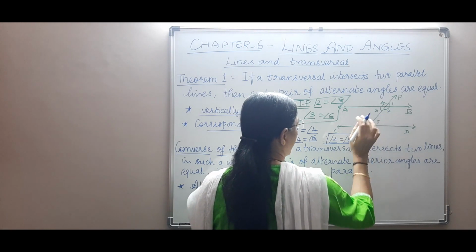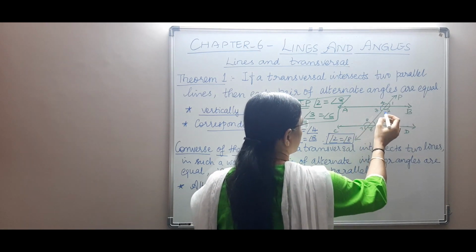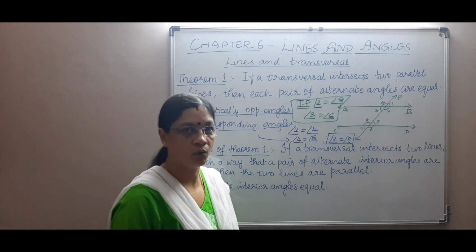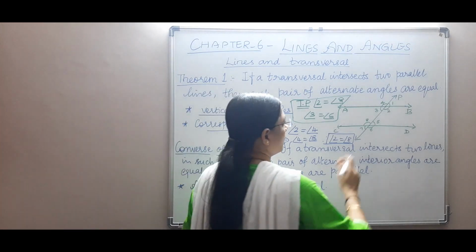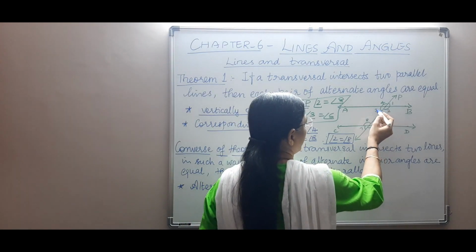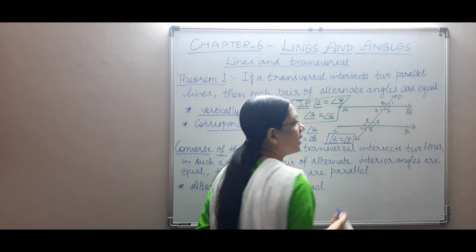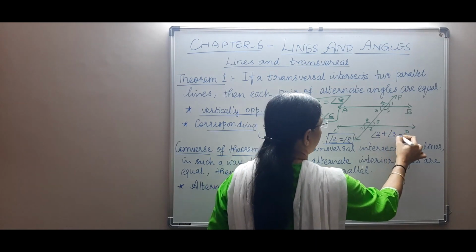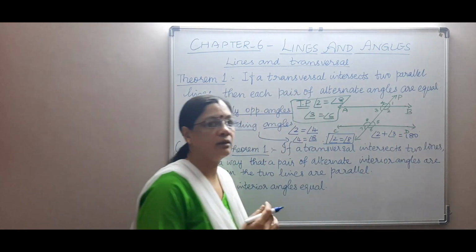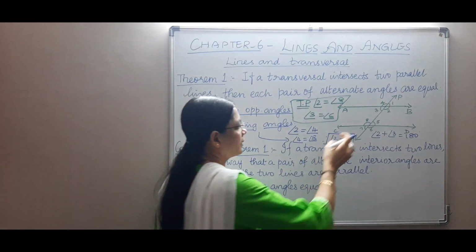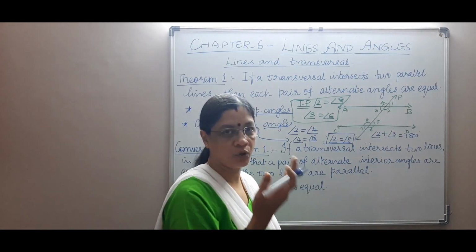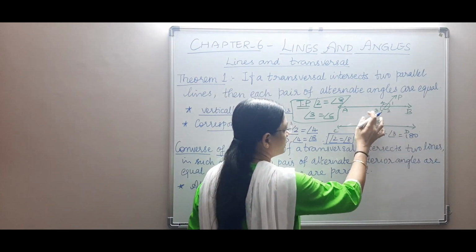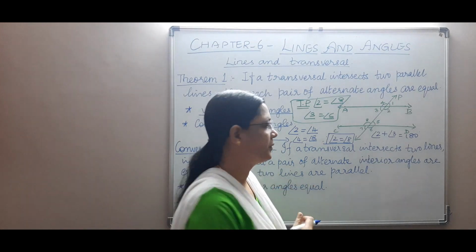Angle 2 is equal to angle 8, we know. Now what is the condition? Next we need to prove angle 3 is equal to angle 5. Now I write angle 2 and angle 3. See, angle 2 and angle 3 are a linear pair, isn't it? Which says the sum of angle 2 plus angle 3 will be equal to 180 degrees, because in a linear pair we know those two angles add up to 180 degrees.